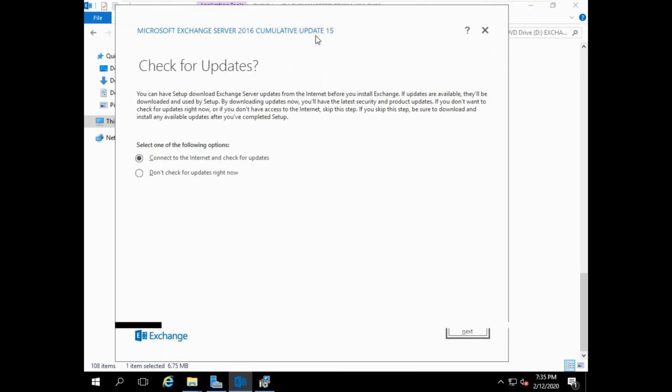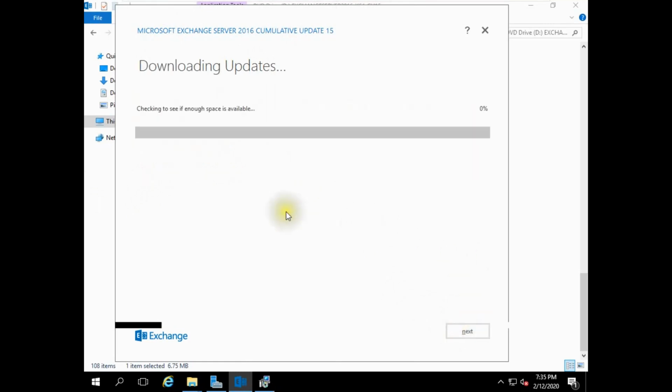Here you can select connect to the internet and check for updates. For the latest update, we are using internet. Click next. It is the best way to install Exchange Server 2016 with the latest updates.